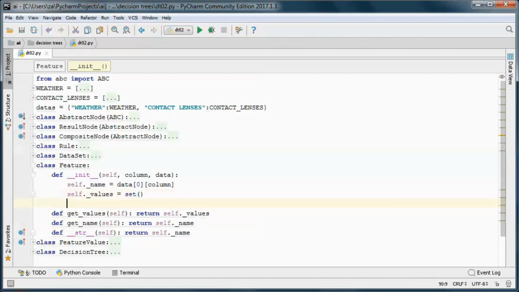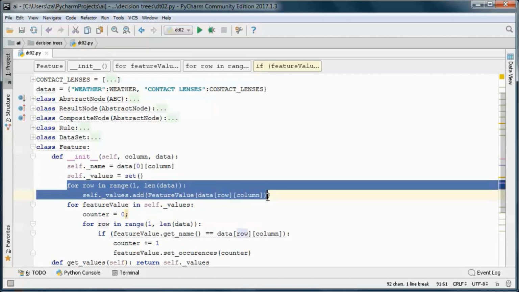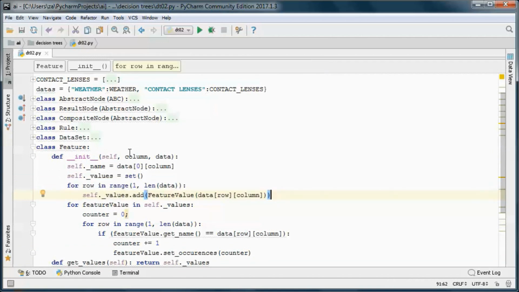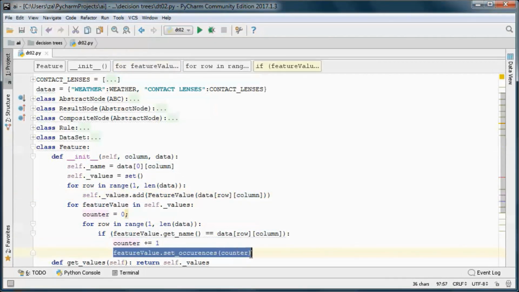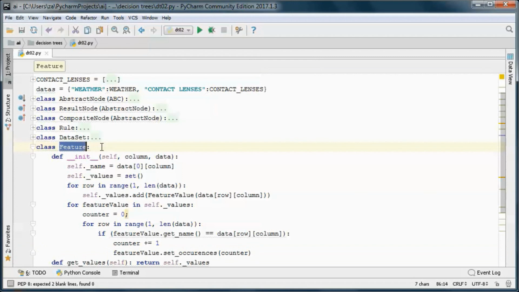And this code will initialize the feature values for the passed in column, and here we are setting the number of occurrences of each feature value in this feature.